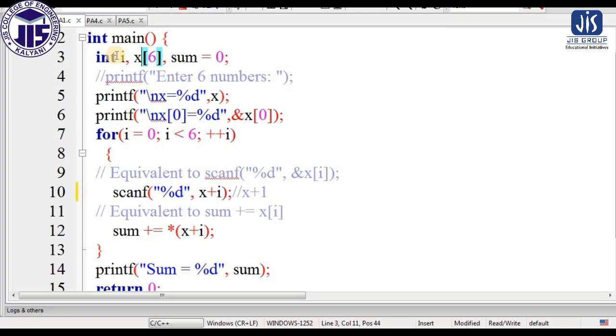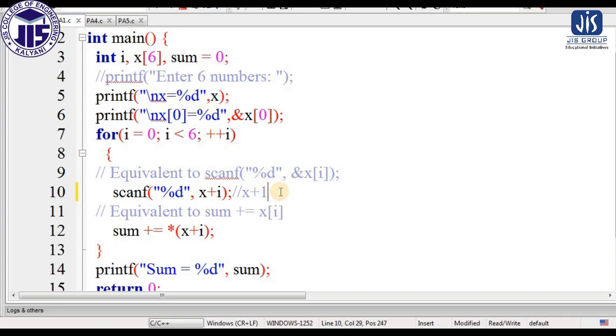That means all the elements stored in the array are of integer type, and each integer will take either 2 or 4 bytes. So depending on that, if we increase the address, the address will always indicate the next object, and the next object will be stored at address x plus 1. I have already shown you what happens if we perform an increment operation on a pointer. So by this we can access the next element.